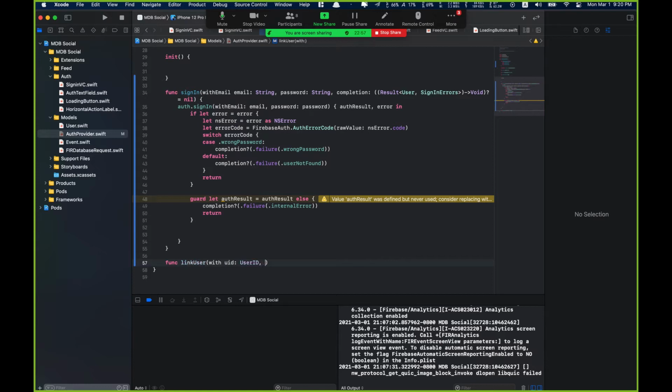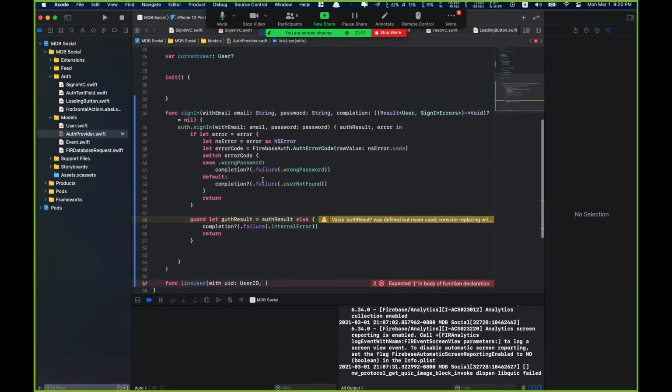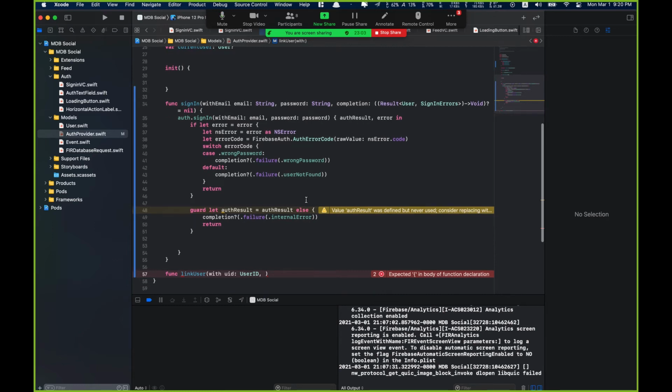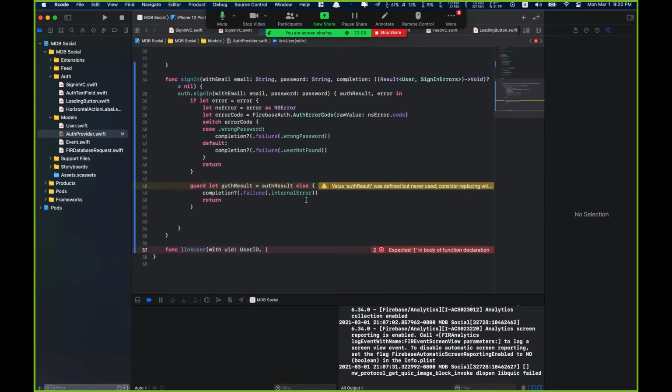With UID, and then we're also going to need a completion, right? Because we still want to pass this completion into the link user so that when we finally link our user, it will eventually be able to say complete with success, because link user is also an asynchronous process. Here we will say completion,